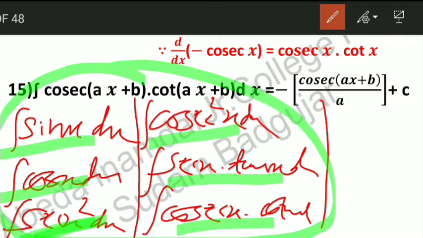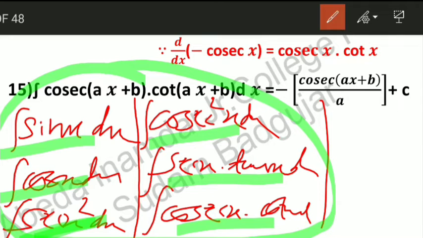In the second type, the substitution method, we have to derive one theorem. After that we can prove integration of tan x, cot x and sec x, as well as integration of cosec x. See, there are 10 standard formulas of integration, 10 formulas. Which formulas? Trigonometric functions. There are 10 trigonometric standard formulas of integration.